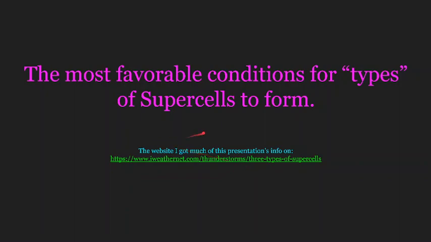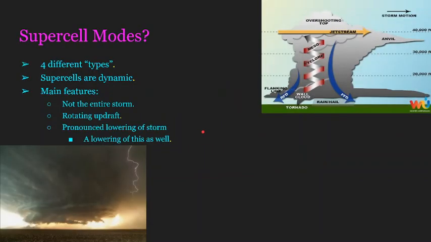iweathernet.com/thunderstorms/3 types of supercells. 3 types, there's 4. So like I just said, there's 3. Okay, well I guess there is a type. There's 1 type and 3 modes, I'll put it that way. They are classic, low precipitation, high precipitation, and then your 1 mode, because that one can't really do much, is